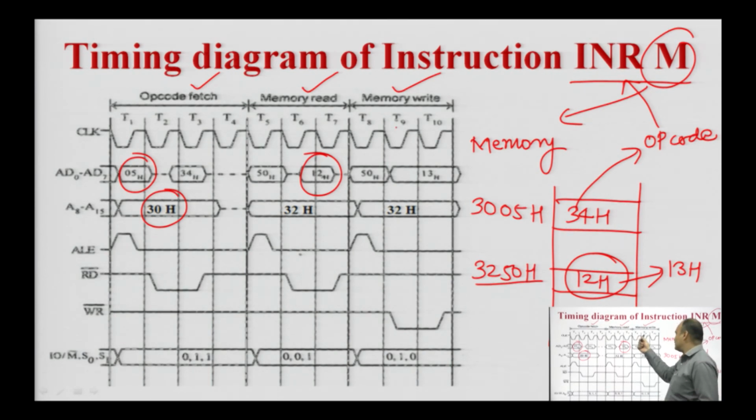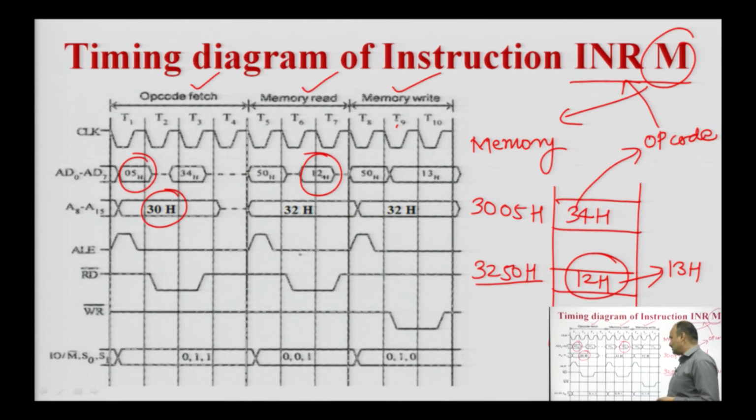Since the last machine cycle is the memory write machine cycle, for this machine cycle the microprocessor will generate the active low write control signal between the T2 and T3 states. This write control signal will again enable the memory device to perform the write operation, and with its help the processor will write, or increment, the content of the memory location by 1.